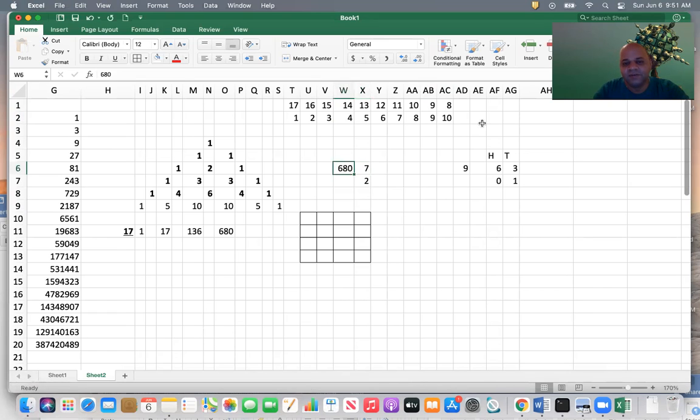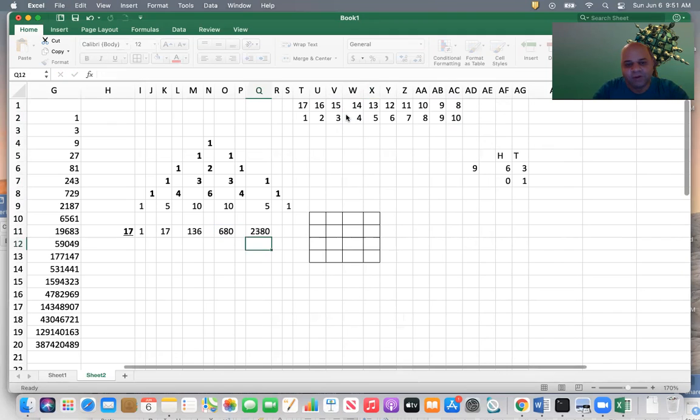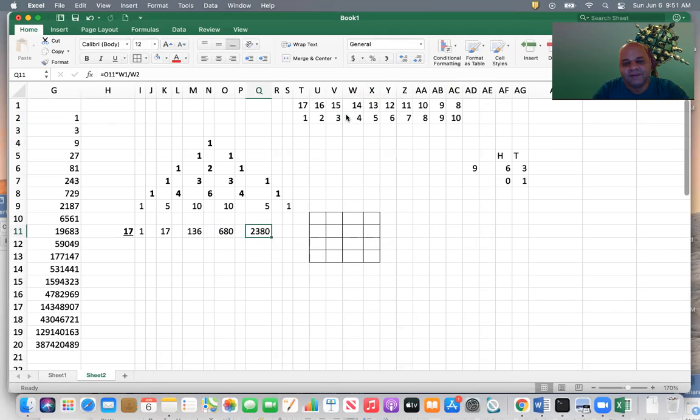Okay. So in fact I will put this. What I will do is equal to this into this divided by this formula. So 2380. Okay, and I will just copy this.